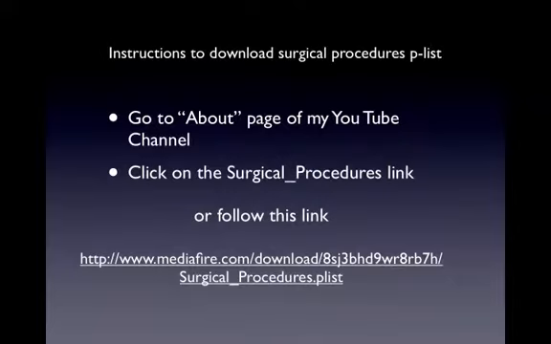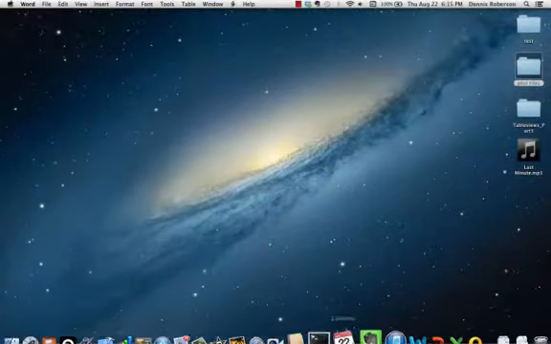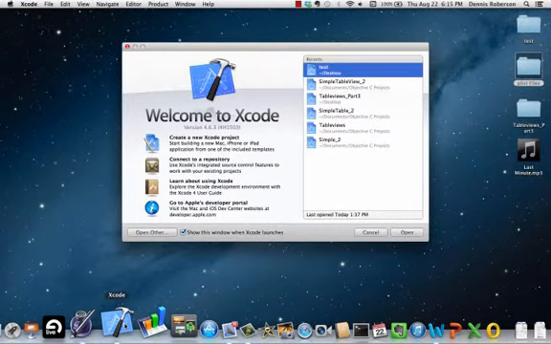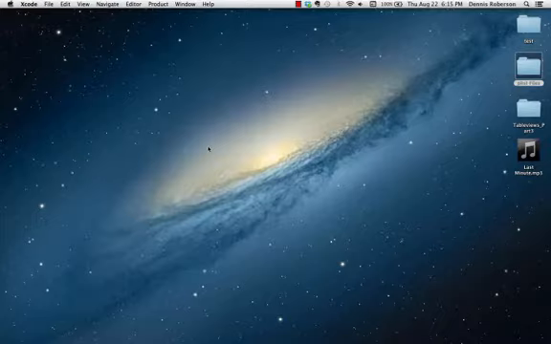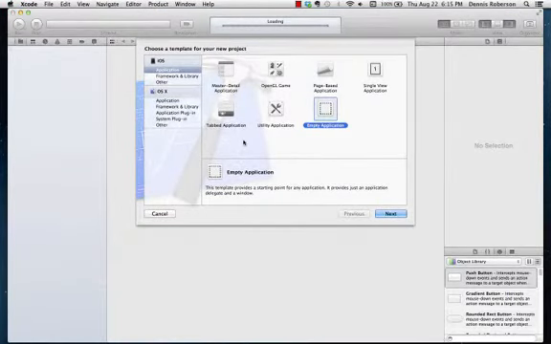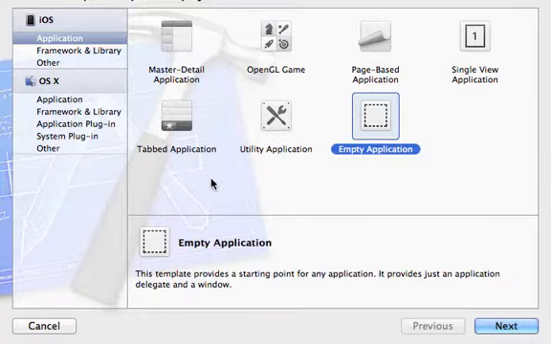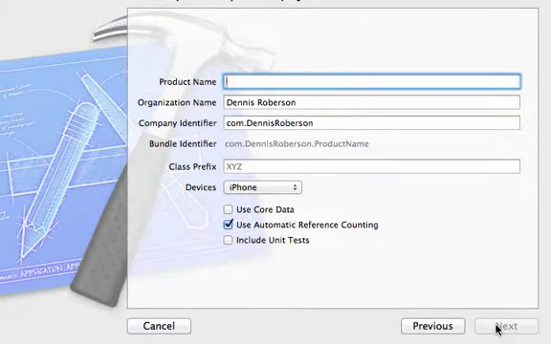So let's get started. Let's open up Xcode and we'll select Create a New Xcode Project. And this time we're going to start with an empty application and build everything that we need from scratch. So make sure Empty Application is selected and click Next. We're going to call this project TableViews Part 2. Make sure class prefix is empty, devices has been set to iPhone, and make sure automatic reference counting has been selected. Click Next,